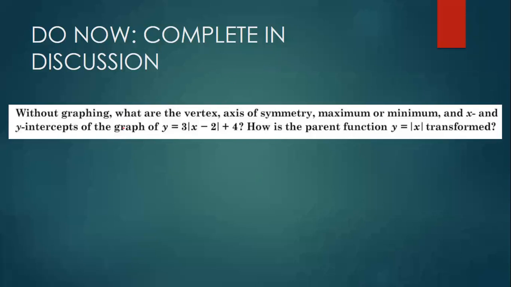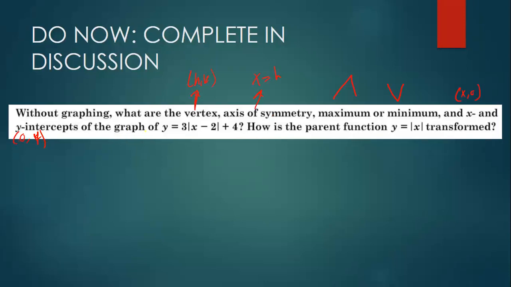Thank you. So without graphing, it wants you to identify the vertex, axis of symmetry, if it's a maximum or minimum, and the X and Y intercept. So remember to identify your vertex. You're looking at your H and your K value. Your axis of symmetry is your X equals your H. Your maximum or minimum means, is it going like this or is it going like that? Your X-intercept, so X comma 0. And your Y-intercept, 0 comma Y. Of this graph, all of this can be done without